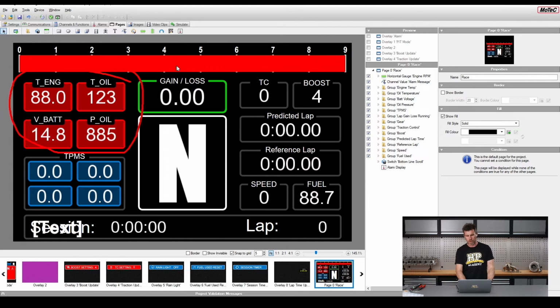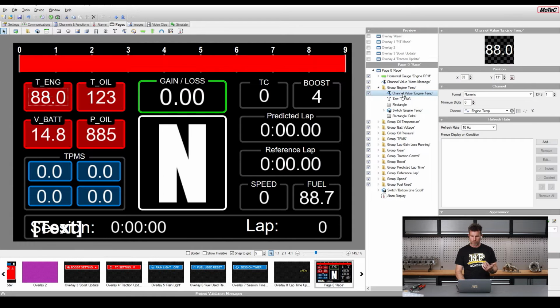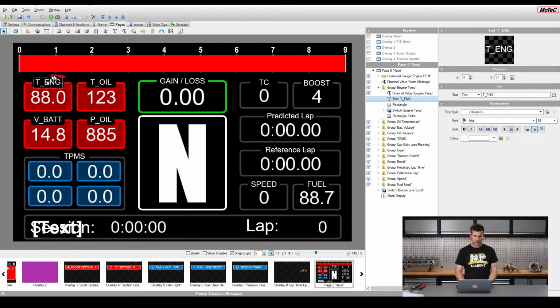Let's dive into how that looks. If we come over to our engine temperature group and open that up, we've got our channel value for our engine temperature. This is coming through as one of the Display Creator channels. We've got our actual label here, which is T_engine.